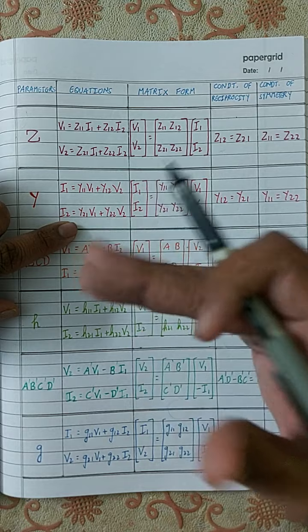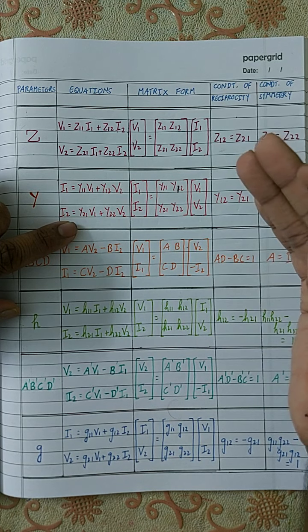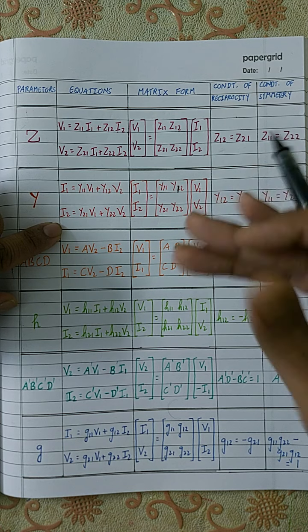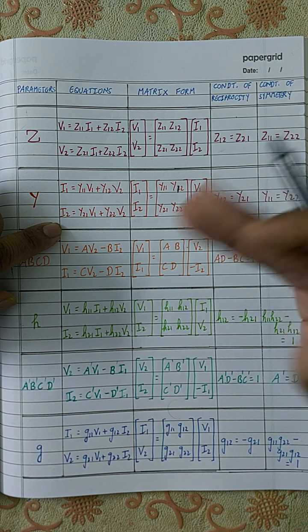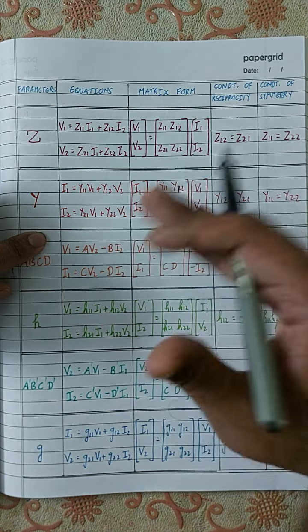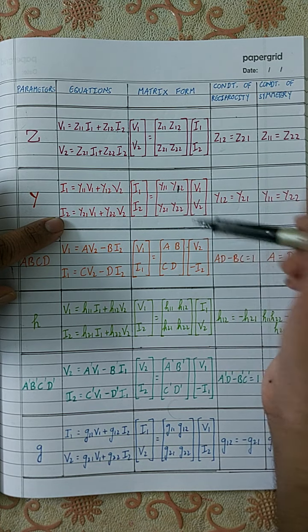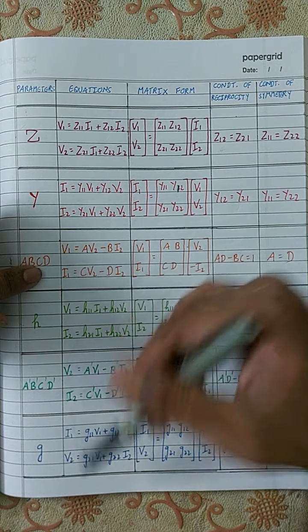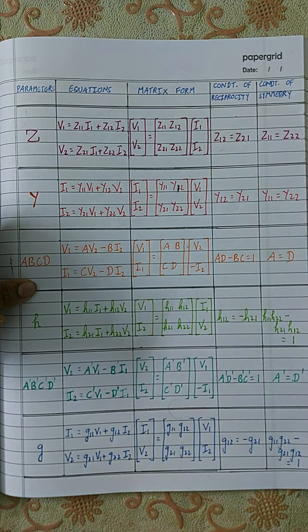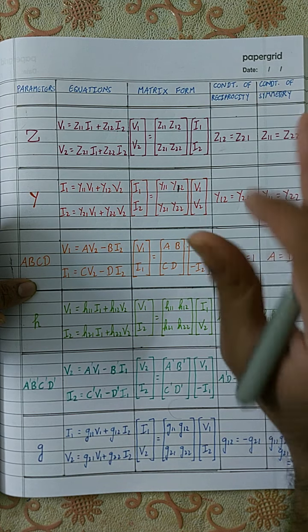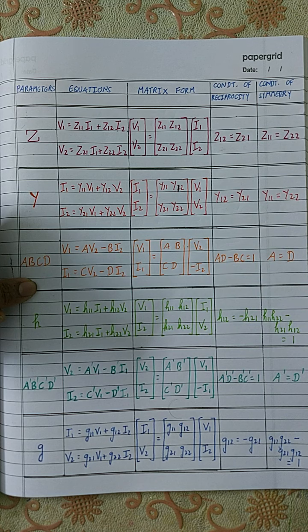Try to apply Kirchhoff's current law or node analysis to your circuit and express the equation, because node analysis is basically nothing but the equations for the current. So try to apply node analysis for Y parameters. In that case, you can find the value of Y11, Y12, Y21, Y22. And for the other parameters, you can apply any technique you like, mesh analysis or node analysis. But remember, one of the analyses might be easier than the other. That is what you need to find. One of the analyses is always easier than the other.